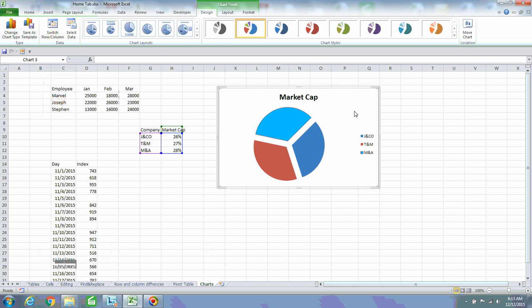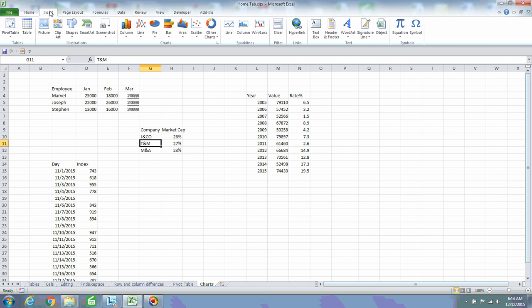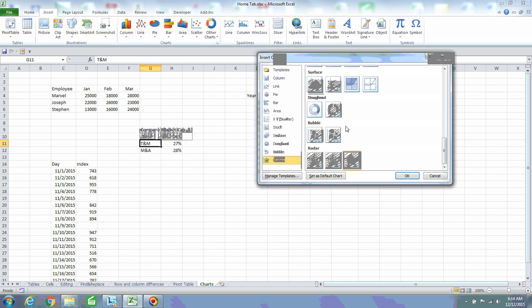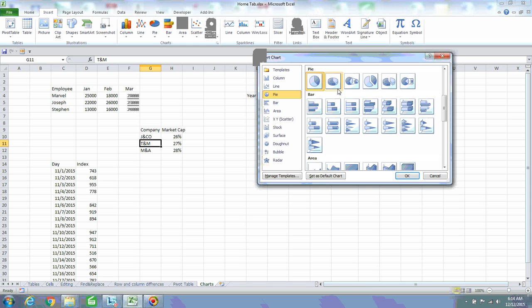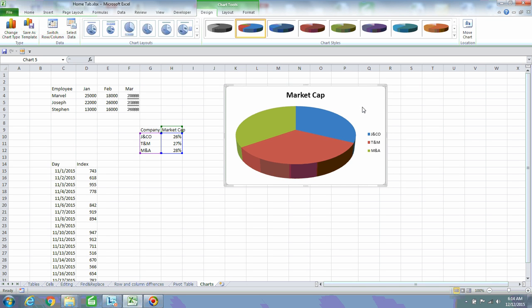This is how a 2D pie will appear. Now let us also check a very important thing, a 3D pie chart. I'm going to insert a 3D pie chart. Now assume that you are a sales executive and you are an IIM student. You have to give a presentation to the directors in the industry. You want to increase the sales, or you want to let them buy your product or whatever it is. You want all the directors outside of your market to concentrate on your company. How can I do that? Assume that